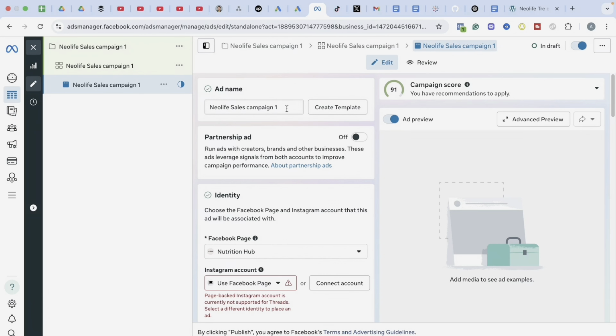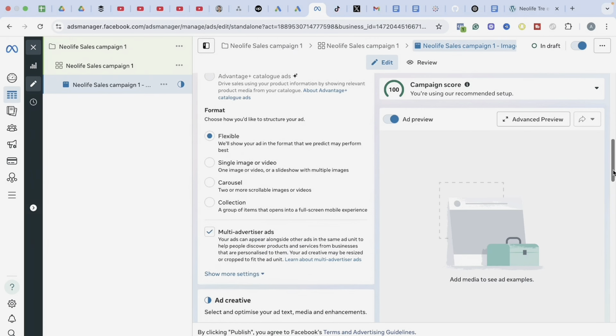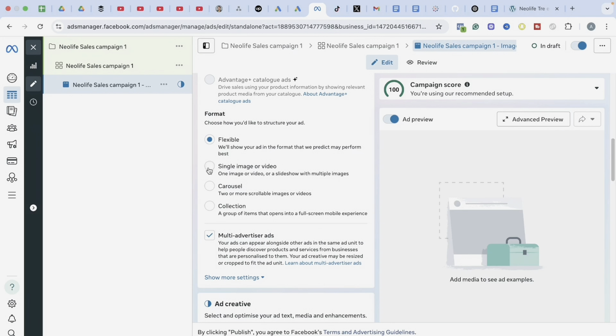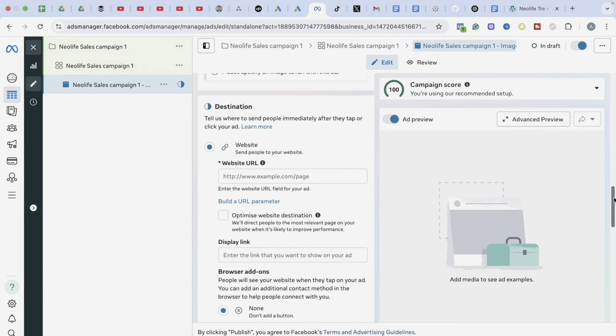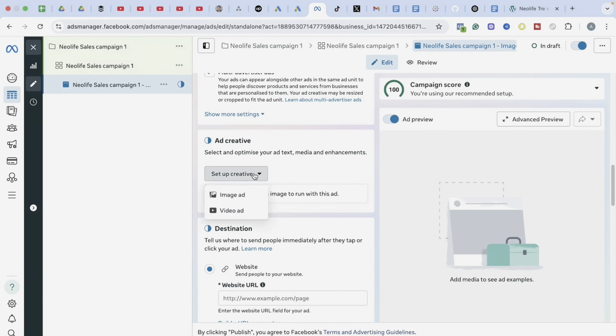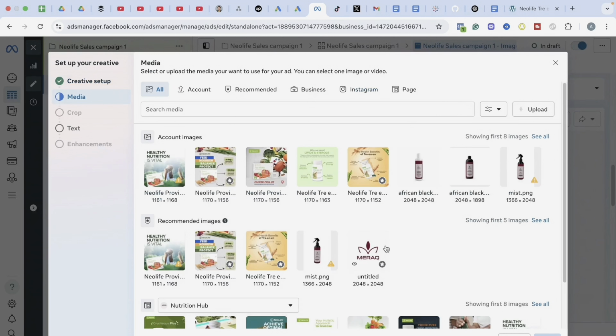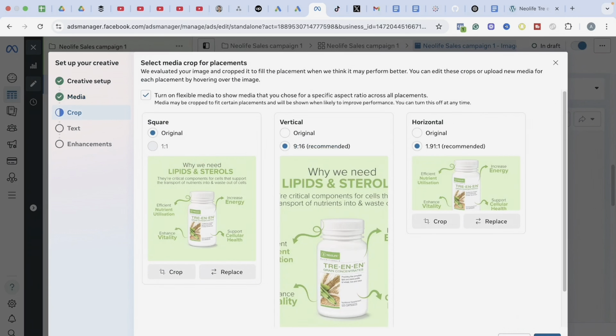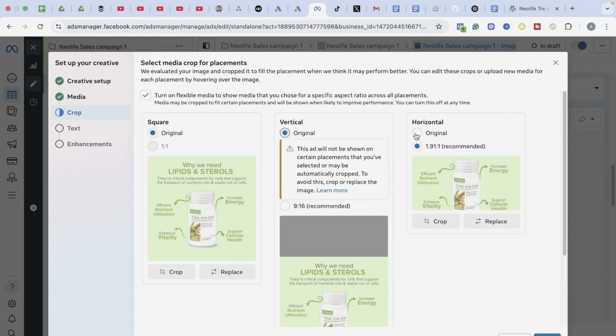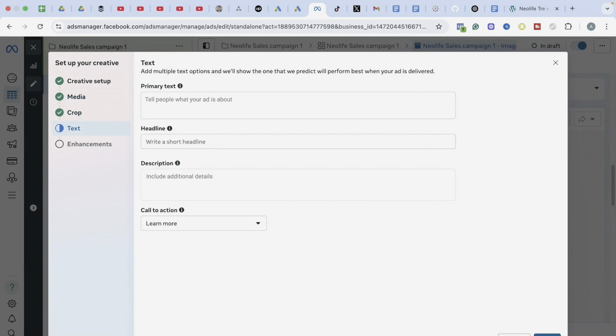So what I'll do next is to just come to this place. I'll give this image. Once I give this image, let me select this single image. So I have to upload this image again. So let me go back here and upload this again. Select this, go to original, again. Then I select this.